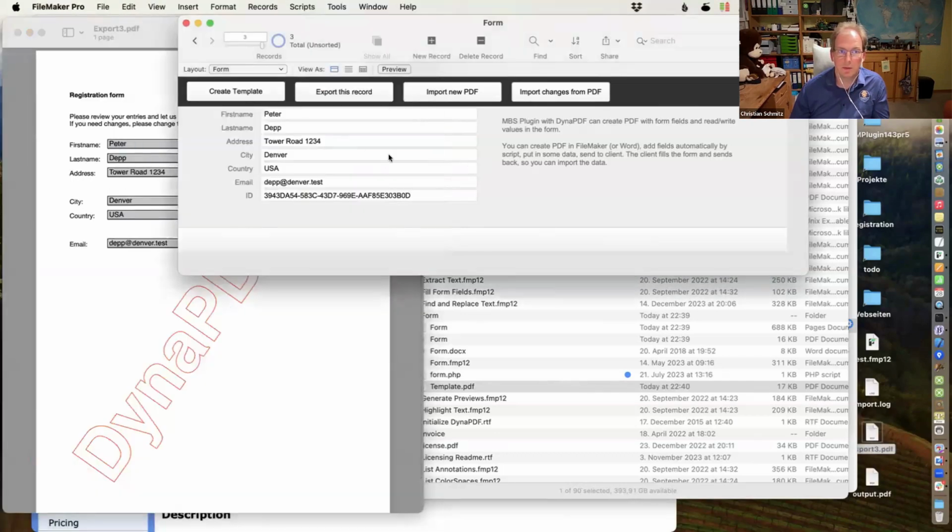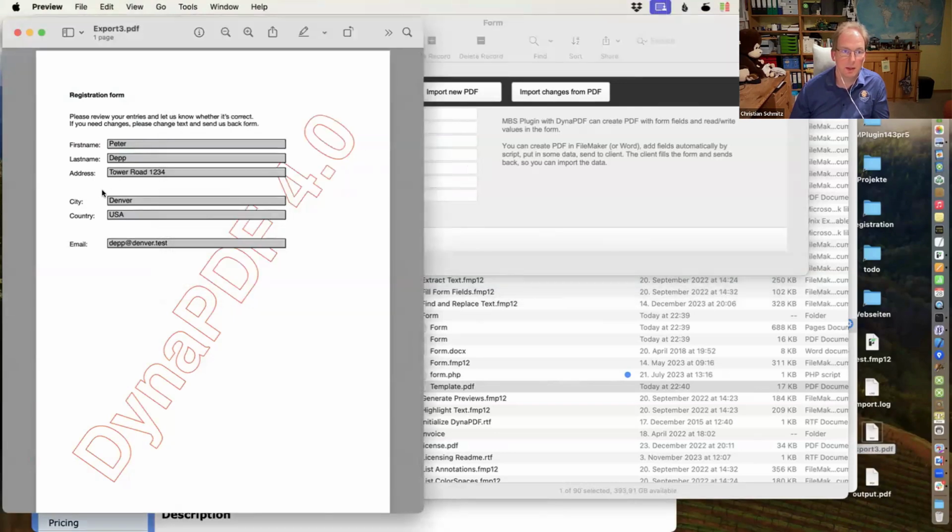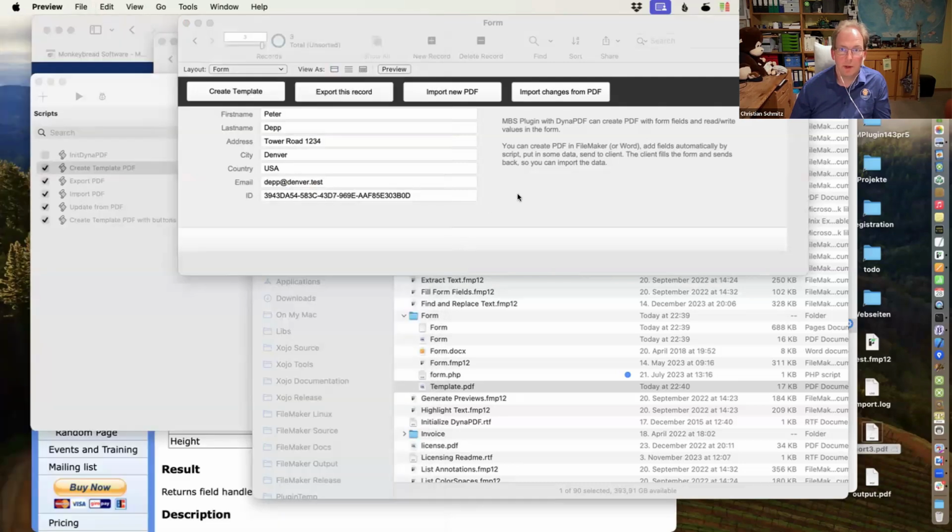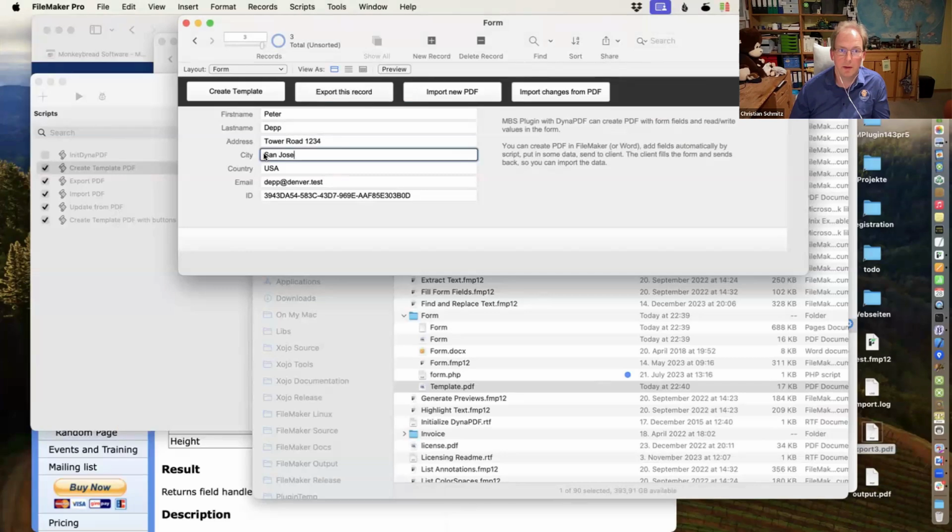Then we put in the values here with set text field value. And now I can change it. I can say I'm moving to San Jose or so. Save this PDF, and then I can import the changes from the PDF and get the new city name here.